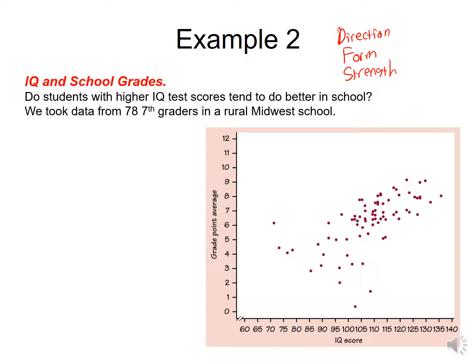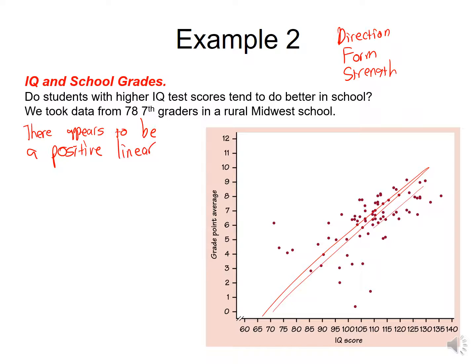So there appears to be, my direction is positive. These are generally going up, right? So positive, there's one. Linear, there's two, because these are generally in a straight line, although maybe with some fluctuation here and here. So positive linear